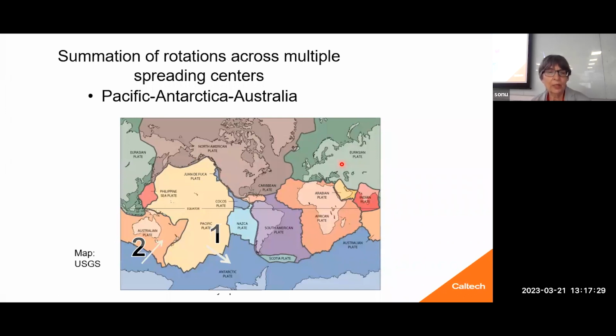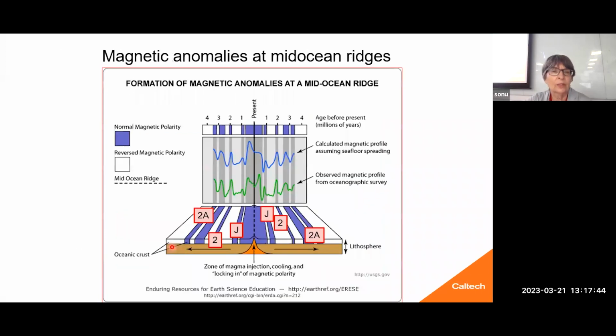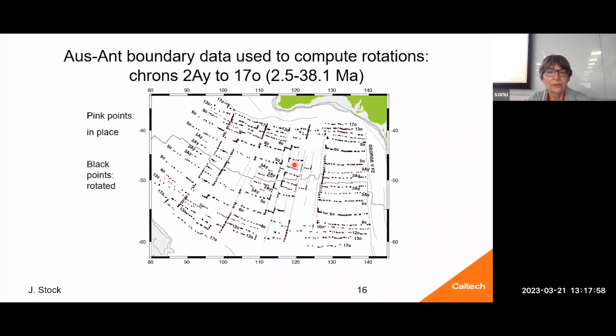And so we have spreading boundary number 1 here, which is from Pacific to Antarctica. And we have spreading boundary number 2, which is from Antarctica to Australia. And when we combine those, we can get the history of what happened in New Zealand itself. And so just to review really quickly about this, we use the magnetic anomalies in mid-ocean ridges. We identify them based on magnetic surveys on ship tracks. So you'd be picking these anomalies, assigning them points, and then you would come up with a set of points